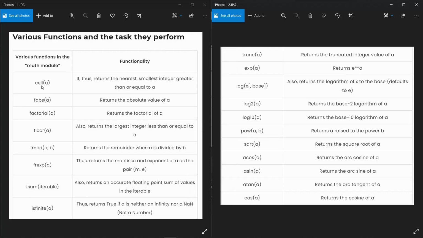Some of these examples are ceil that returns the greatest integer that is equal to the argument. Then we've got floor, mod, is infinite, truncate, exponent, etc. So if you want, you can take a screenshot of this screen and save this for your further studying purpose. But in this video, we will talk about the most common functions and how we can use them inside our